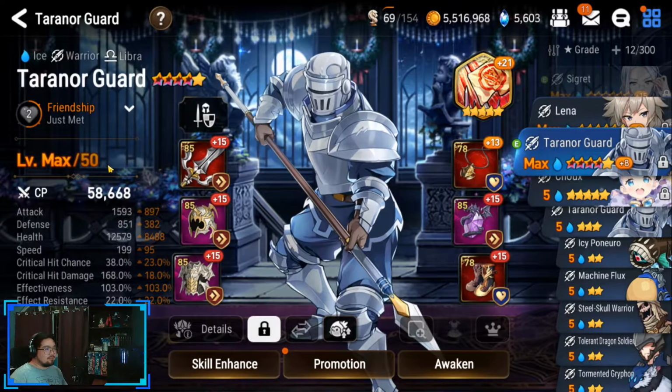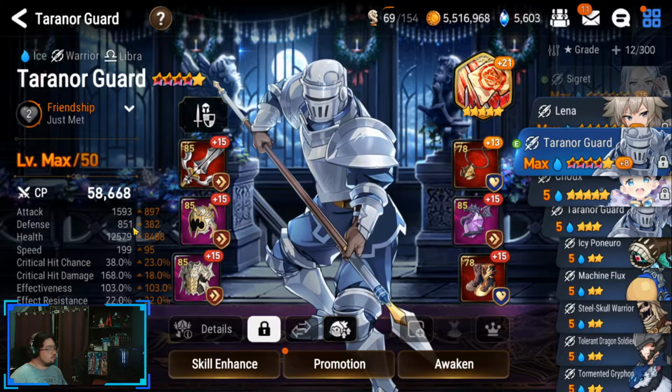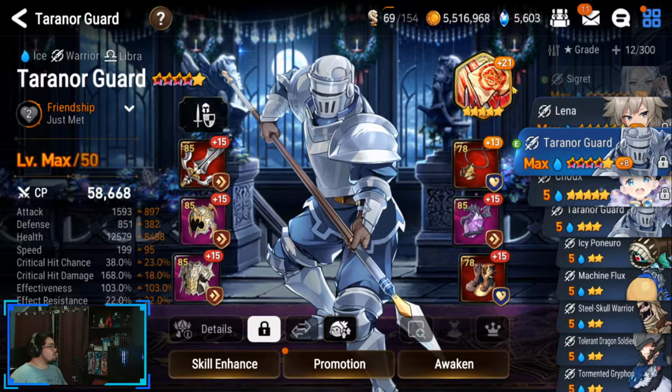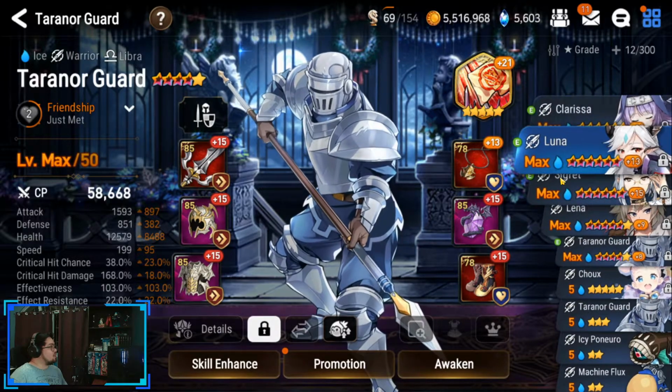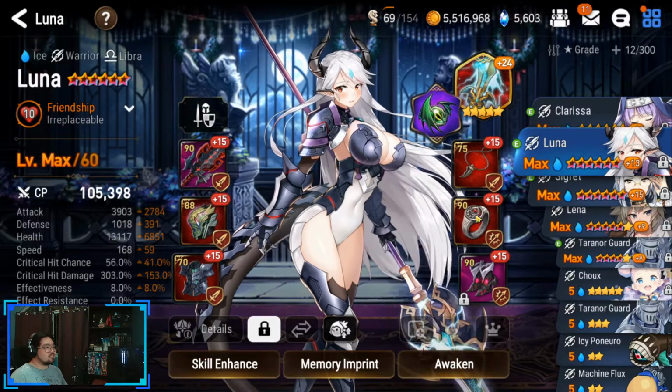Because mine is at level 50, his defense isn't where I would prefer it to be, and so I want that damage reduction to help keep him alive. Now last we have our DPS, and it is Luna. I have her on an attack and crit set, and